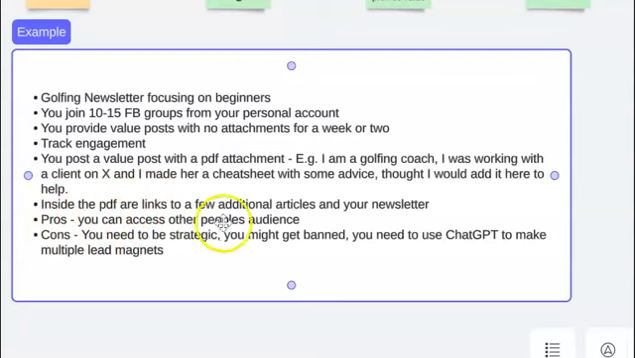Okay. Pros, you can access other people's audiences like we discussed. Cons, you need to be strategic. As we've mentioned, you might get banned and you need to use ChatGPT to make multiple lead magnets, because if you're spamming the same thing all over social media, then